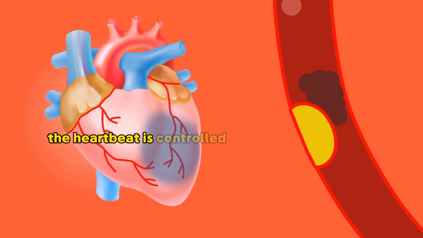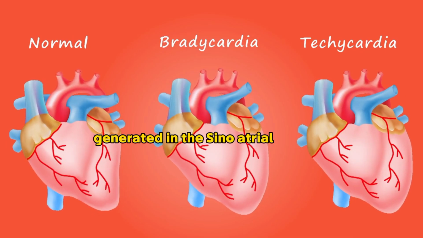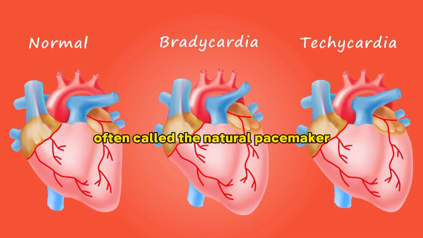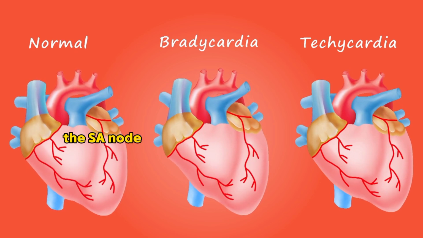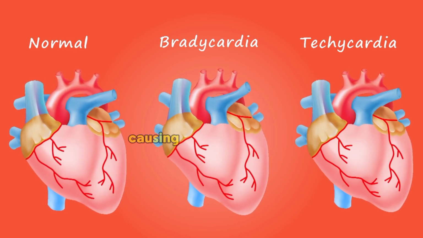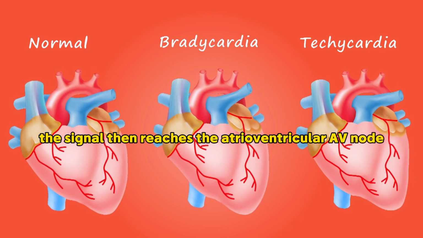Heartbeat. The heartbeat is controlled by electrical impulses generated in the sinoatrial, or SA, node, often called the natural pacemaker. The SA node initiates an electrical signal that travels through the atria, causing them to contract. The signal then reaches the atrioventricular, or AV, node, which delays the